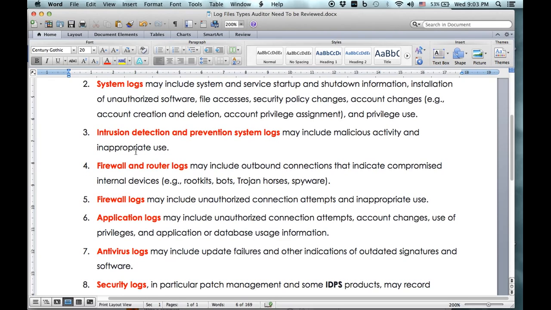Then number 6 is application log. The application log is very important, involved with the core system, the report engine, or the changes from the business unit. So the auditor will review log activity that includes unauthorized connection attempts, account changes or modifications on privilege or user rights, application and database user information, or whatever is involved with the asset and change